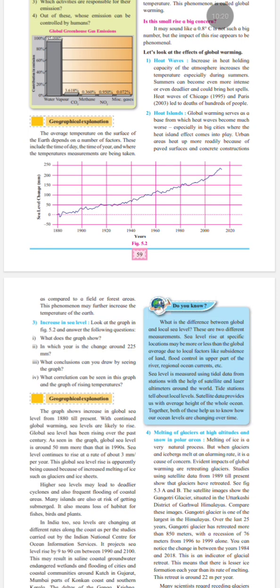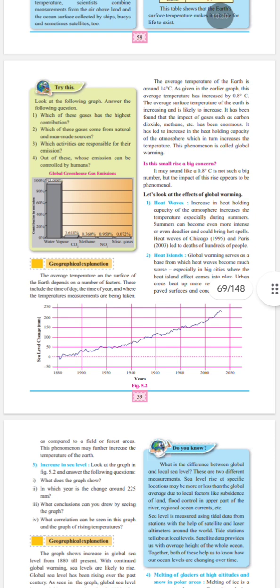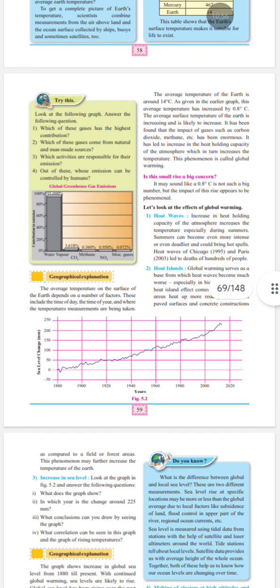Earth's average temperature is around 14 degrees Celsius. Rise during the last century is approximately 0.8 degrees Celsius. Major heat holding gases mentioned are carbon dioxide and methane. Global warming means increase in Earth's temperature due to increased heat holding capacity of the atmosphere. Two effects we have discussed in part 1. First is heat waves, second is heat islands. Heat waves are more intense and dangerous hot spells, and heat islands are cities becoming hotter because concrete and paved surfaces